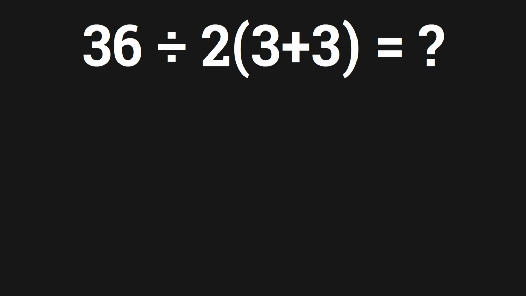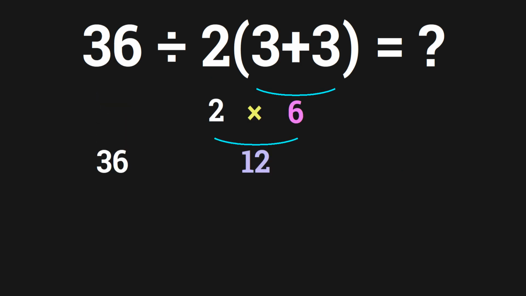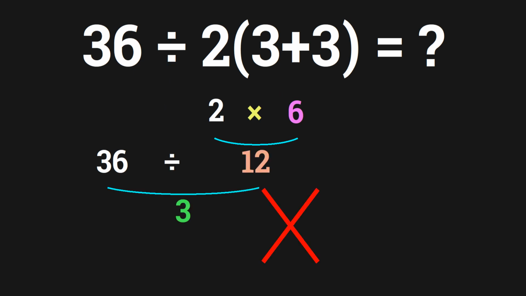3 plus 3 gives us 6, and 2 times 6 gives us 12. So 36 divided by 12 is just 3. But this answer is not correct, because according to the order of operations, first we have to do parentheses, then